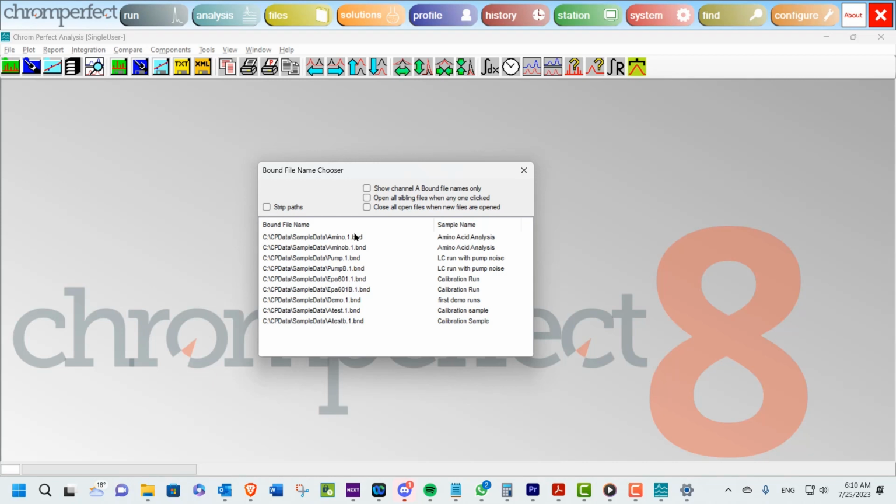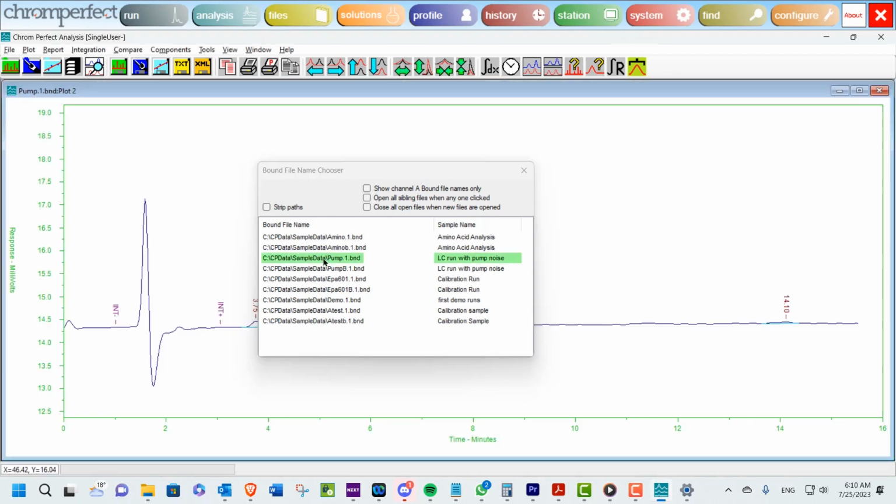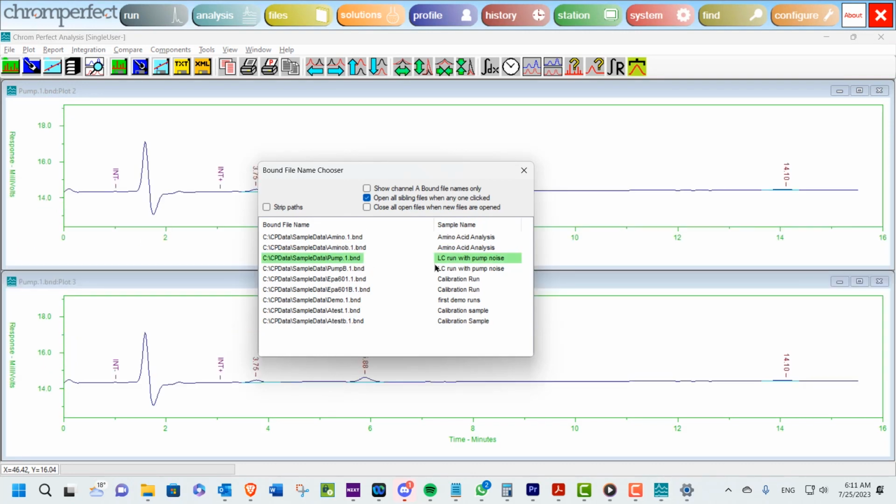Such rows are unresponsive. Click on any other row to open the chromatogram. The selected file is indicated by a green color. If the checkbox captioned Open All Sibling Files is checked, then clicking on a file name will open the other